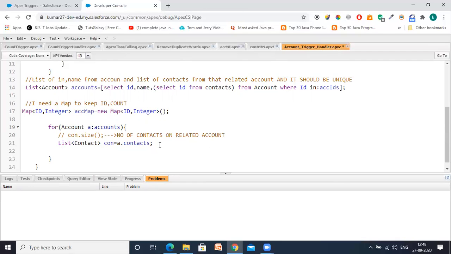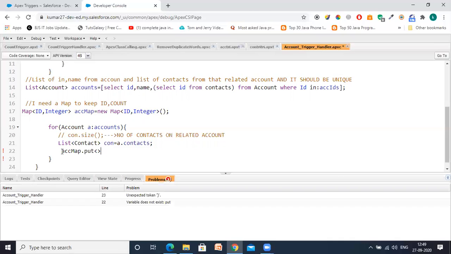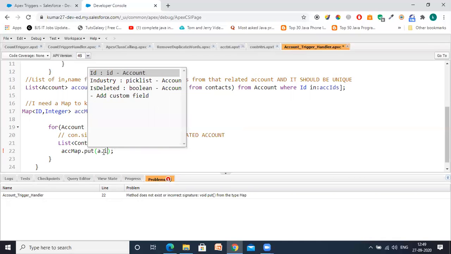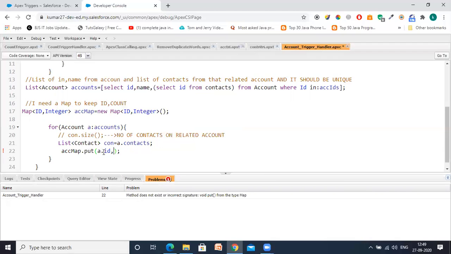For that, I need to call my map object, this account map. Now here, I need to give this my account dot id, comma, this contact dot,